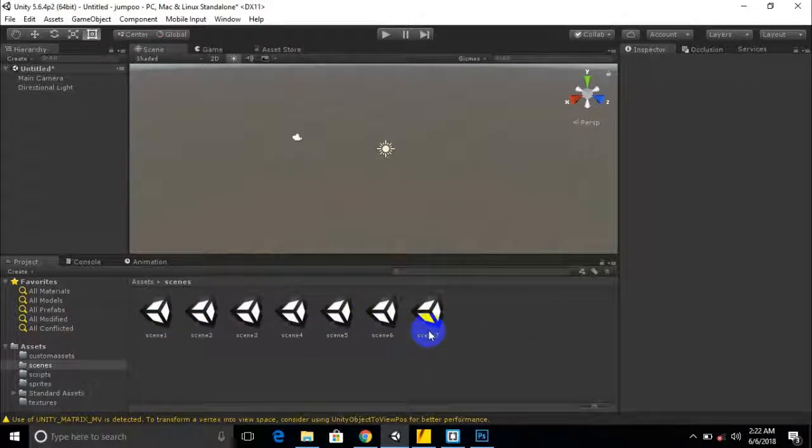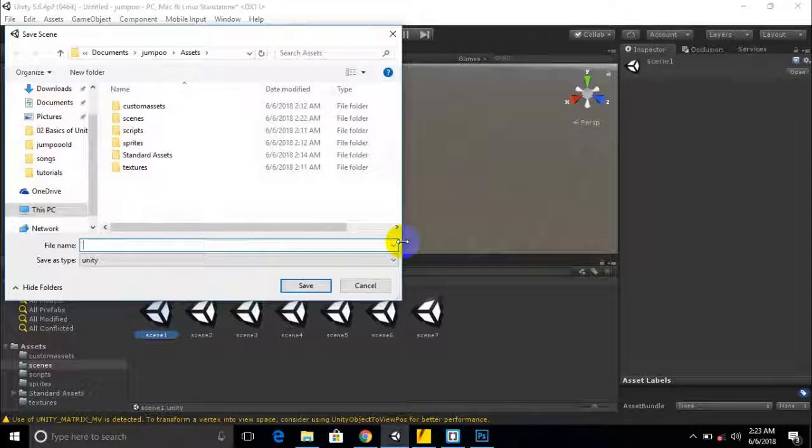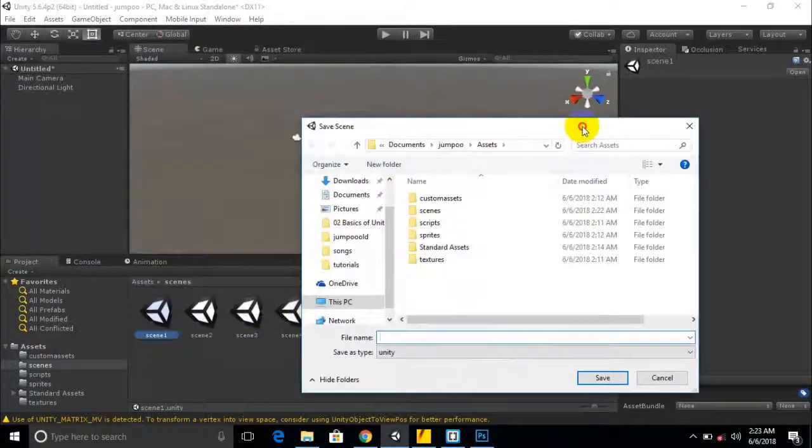Maybe it's a little confusing for you at this initial stage, but you will get these things as we move further. If we double click on scene 1 now, it asks whether to save, because the untitled scene was open.